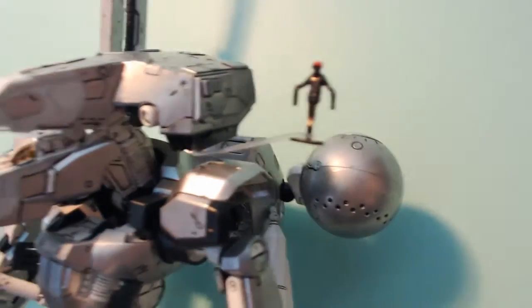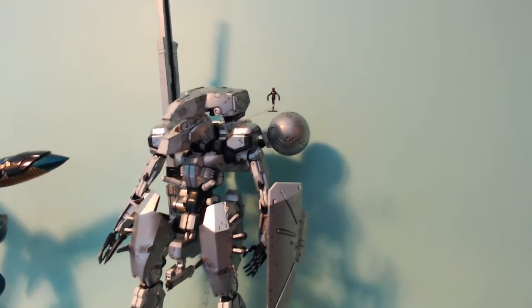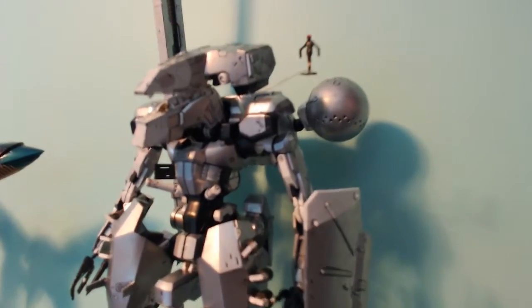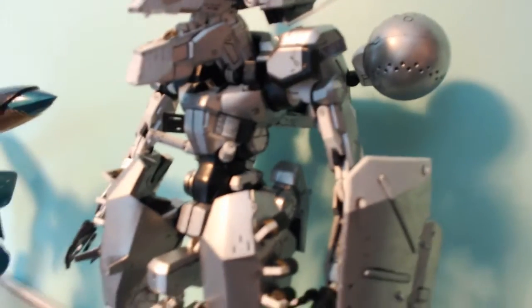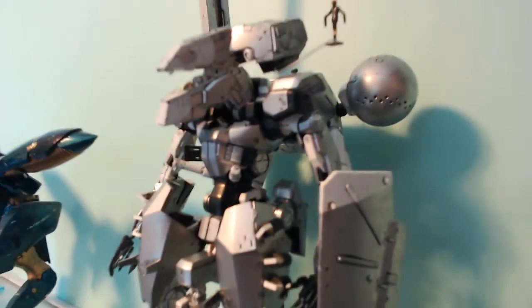There we go. He is there. I have him stuck there. He looks pretty great, especially from afar, because he really does look like he's just kind of floating there. It's pretty nice. Same scale and all that stuff. So, other than painting everything, I was going to mention things that have changed with the model